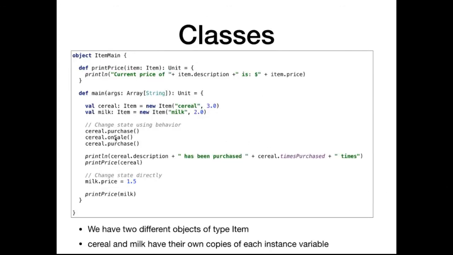And now we can start calling that behavior. We can start modifying the state, accessing the state, calling the behavior. Anything we could do with any other type, like strings, ints, arrays, lists, maps. We can start calling its methods. We can access its state and do what we need to do with these items. So cereal, we want to purchase it a few times, put it on sale. Once we call on sale, the price is going to change every time we purchase it. The times purchased variable is going to change. And we can also access these variables directly. If we just want to manually set the price of milk to $1.50, we can do that, and that's going to print out $1.50 when we